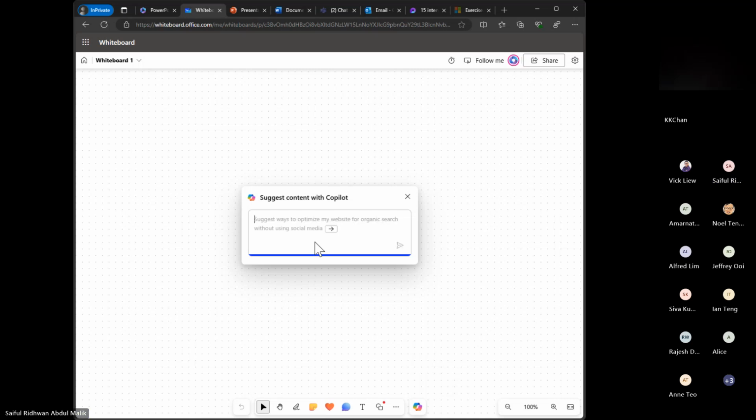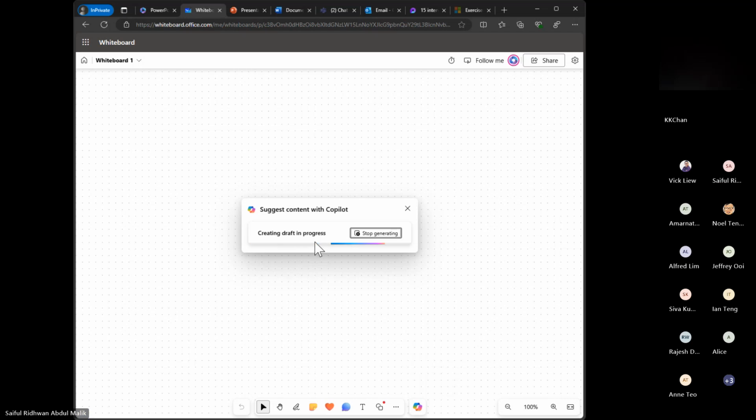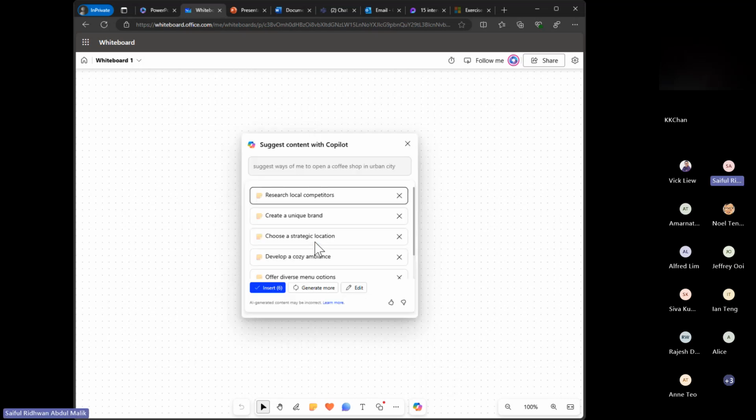For example, let's just suggest ways for me to open a document, right? So if you want to start a discussion, maybe you need to create all the sticky notes and the ideas, right? But you can ask the Copilot to help you. So for example, here,